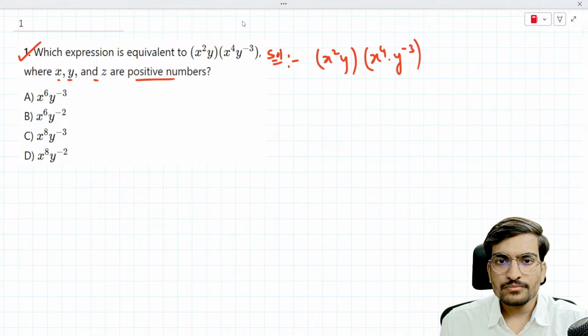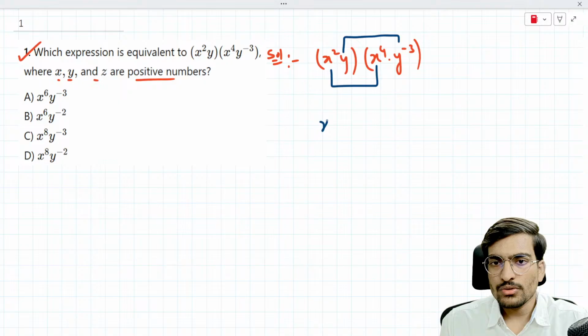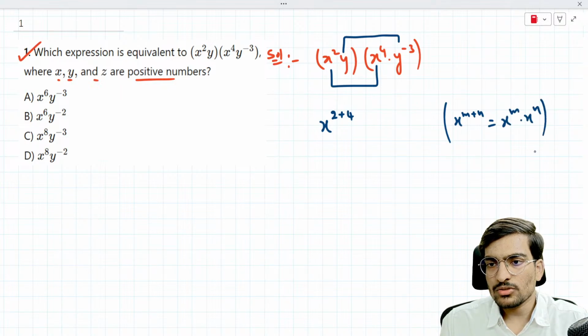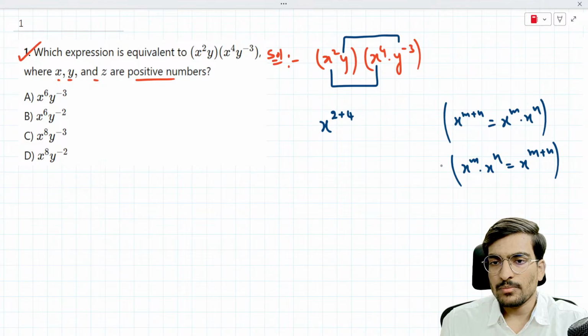So just apply the product rule for the like terms x and y. So what do you get? x raised to the power of 2 plus 4. I just applied the product rule. x raised to the power of m plus n equals x raised to the power of m times x raised to the power of n, or else vice versa, x raised to the power of m times x raised to the power of n equals x raised to the power of m plus n. So on using the product rule, I just got x raised to the power of 2 plus 4, and y,